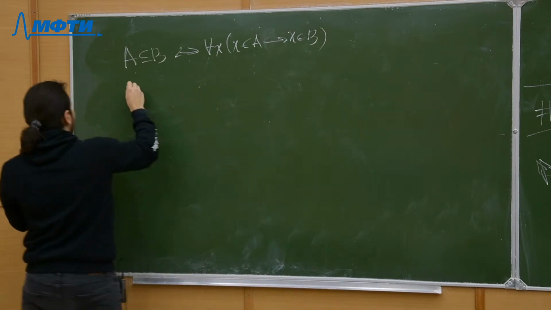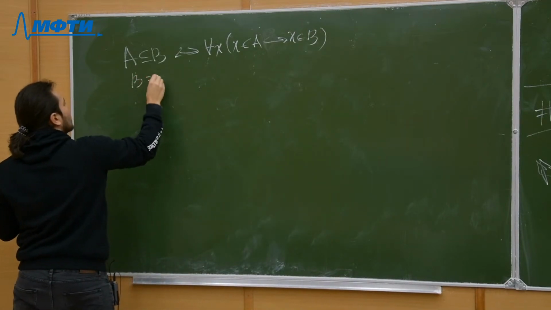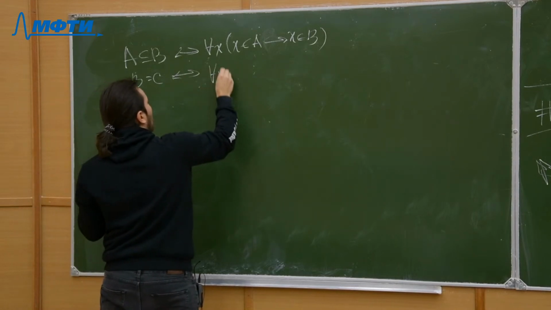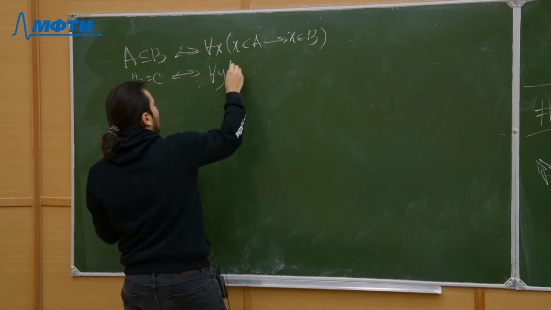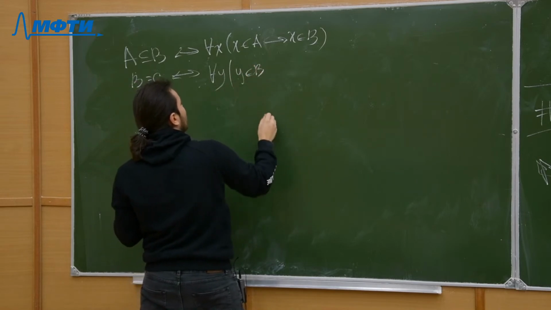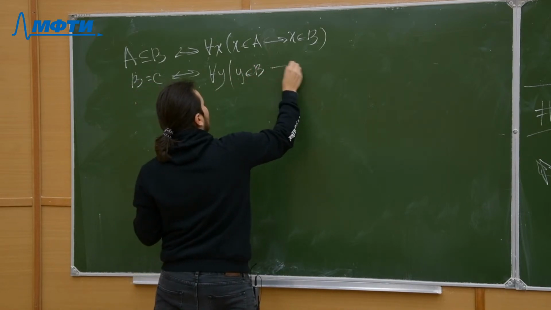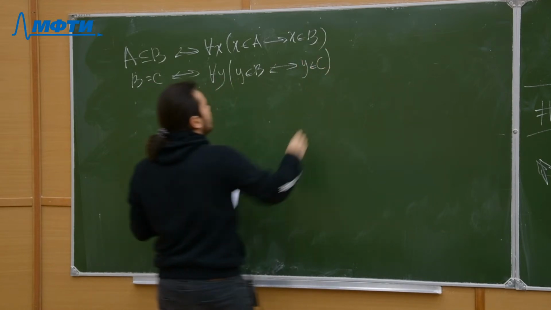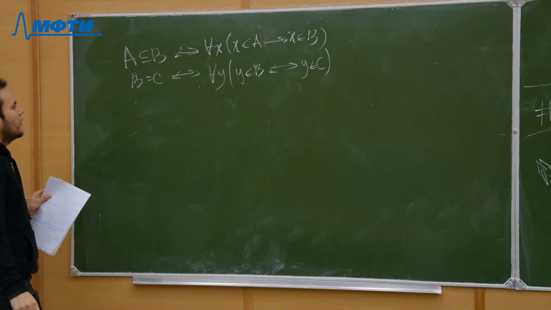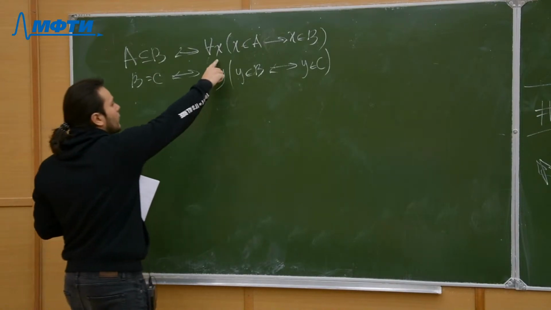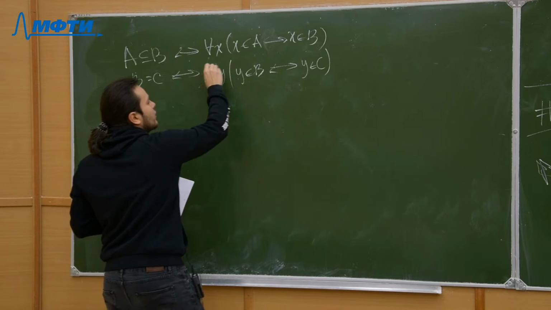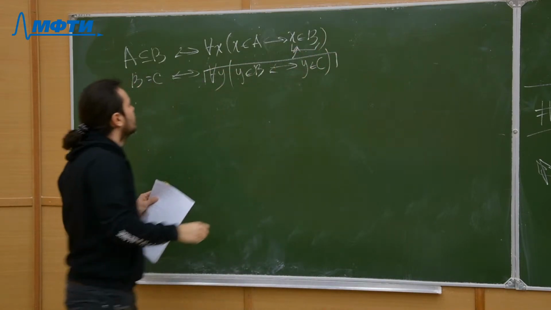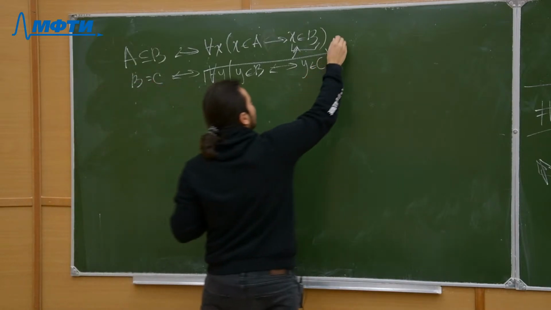And we have that B is equal to C if and only if for all y, y belongs to B if and only if y belongs to C. We have this, right? Then if we apply this here, then it follows that